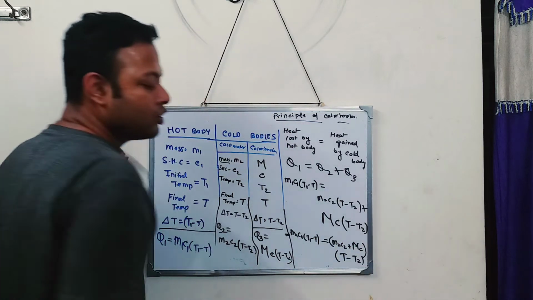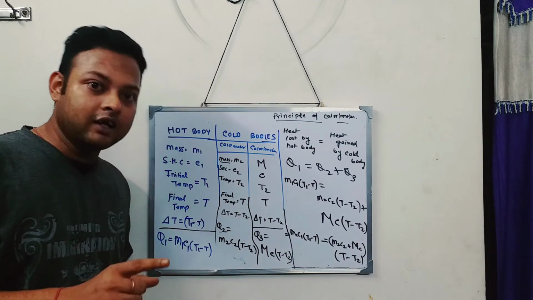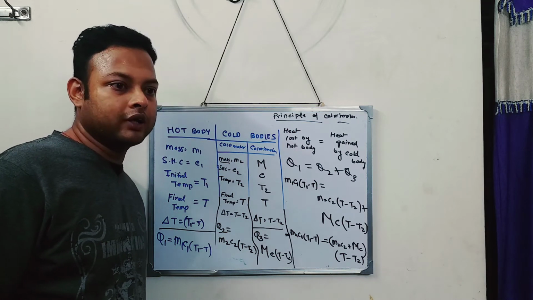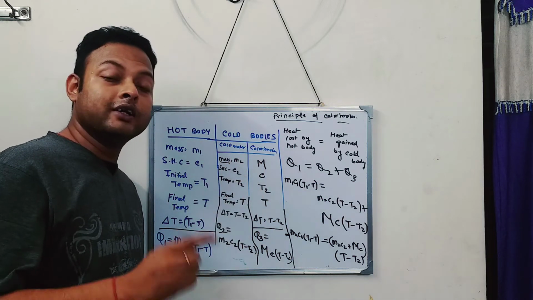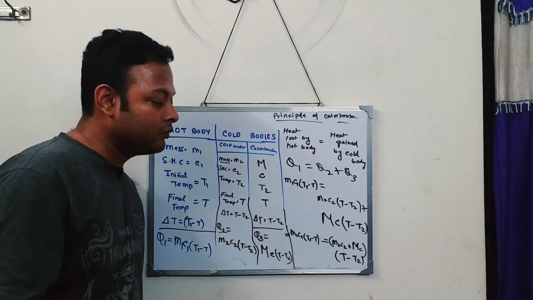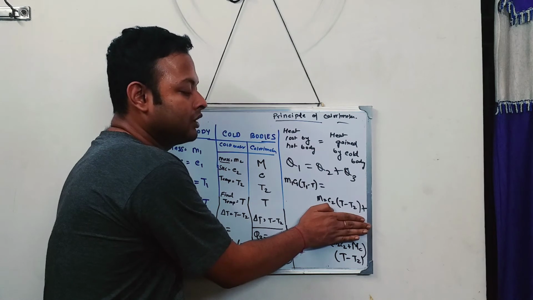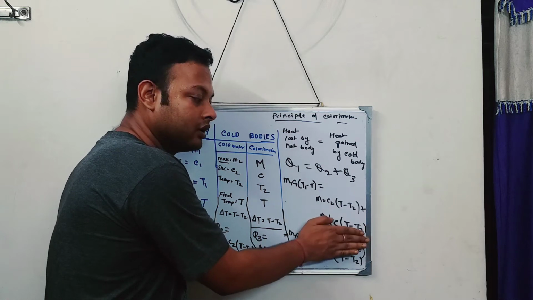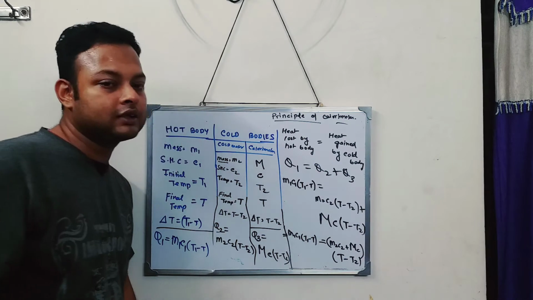Okay. So this is the principle of calorimetry when we consider that the calorimeter is also absorbing heat. And in the previous lecture, the final expression that we got is for the situation when we don't consider that the calorimeter is absorbing heat. So when we don't consider the calorimeter is absorbing heat, it becomes something like this. M1 C1 T1 minus T is equal to M2 C2 T minus T2. And when we also consider the calorimeter is absorbing heat, just this extra term comes into existence. Other than that, both the principles are same only.